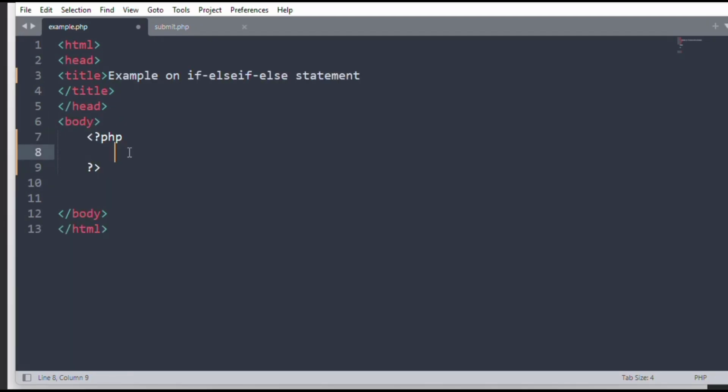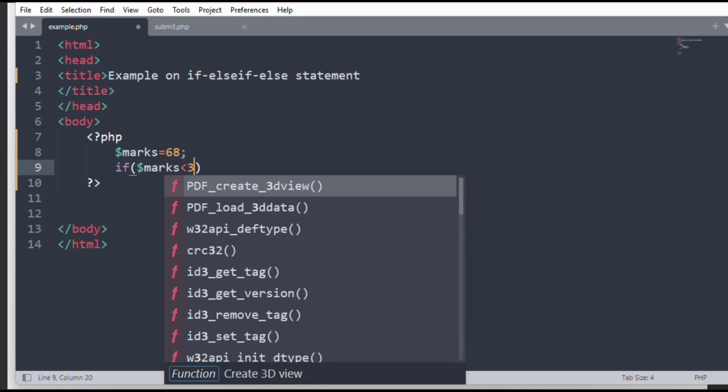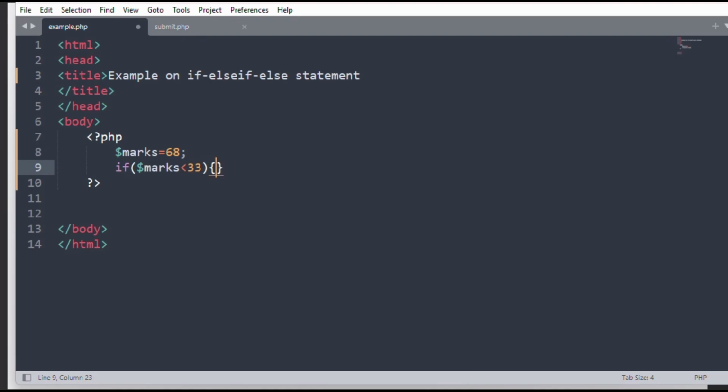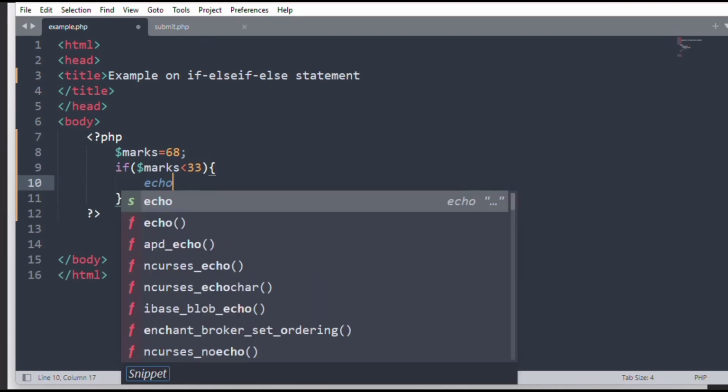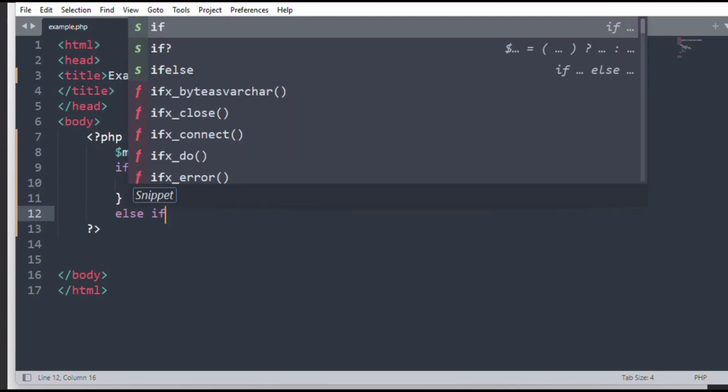Here I will declare one variable as $m, meaning the marks, or I will declare the variable as $marks and give the value as 68, and inside the if statement I will check if $marks is less than 33, then it has to print that the student has failed. Next, the else if